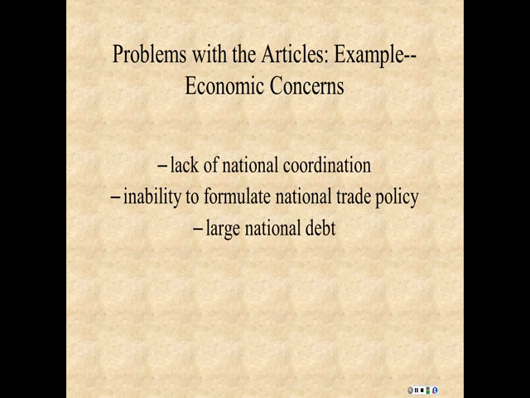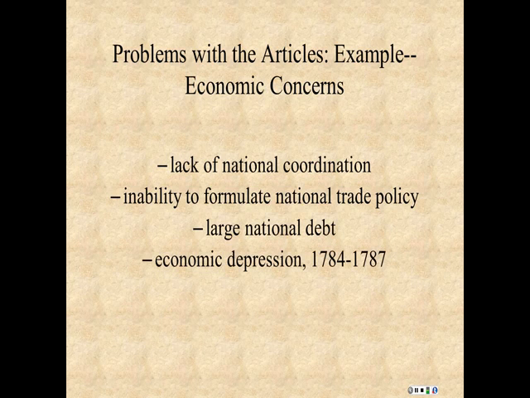There was a large national debt that the Articles of Confederation couldn't do anything about, really, because even though it owed a lot of money, it could not raise money. It could not raise revenue. All of these things helped to contribute to a chaotic period economically after the war. There was a severe economic depression. There were British goods flooding the American market.